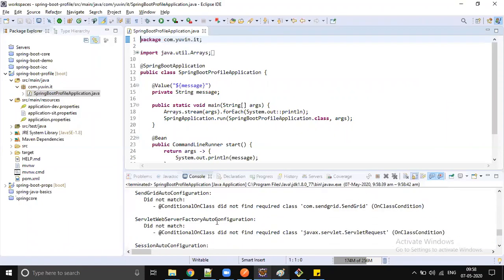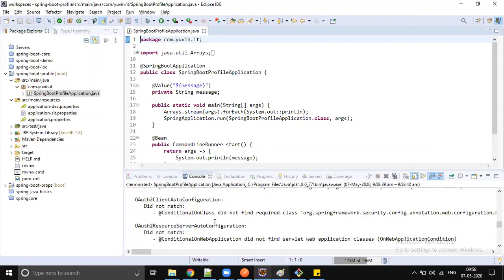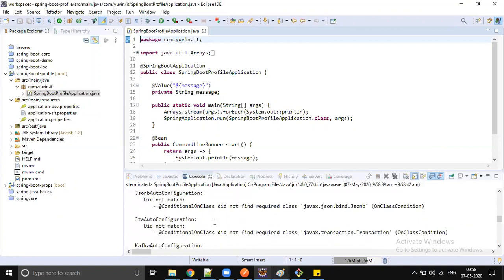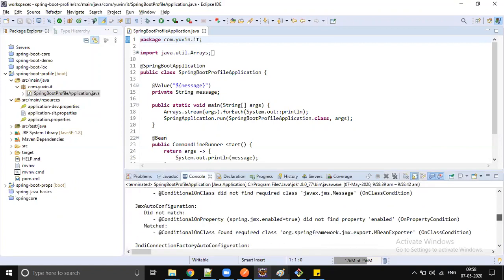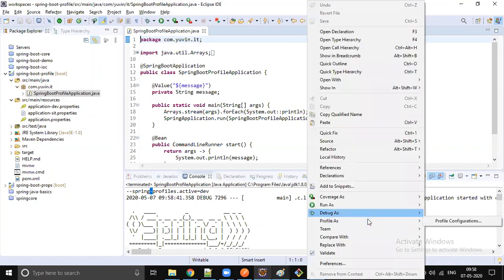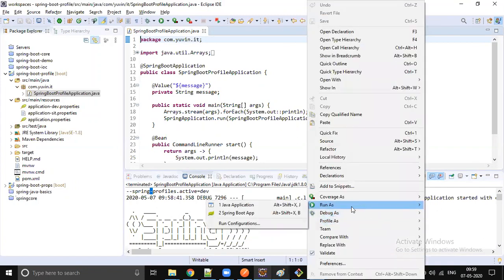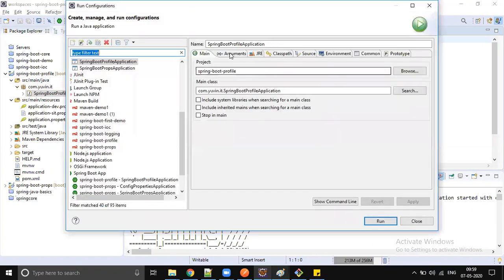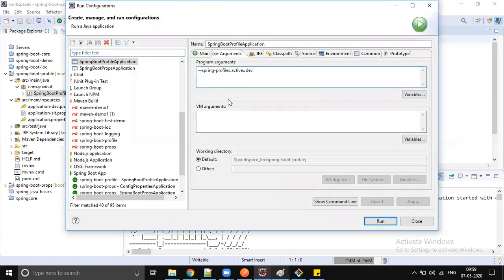I think there is something wrong with whatever we have passed. What is the mistake I did? Spring hyphen, that is wrong. It should be spring dot. So go to run configurations. Just change that to spring.profiles.active=dev.